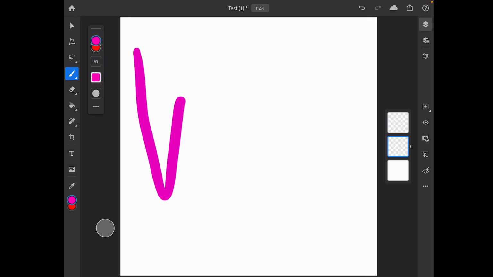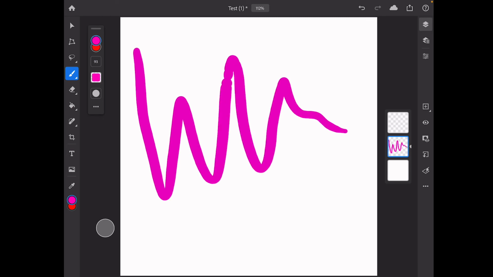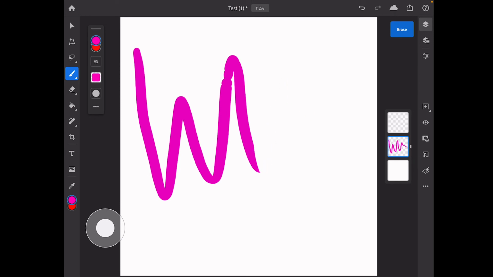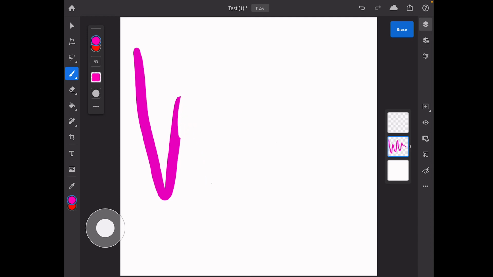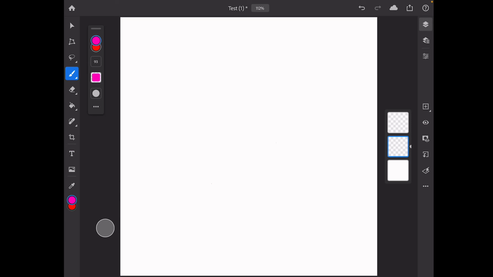So you could be doing this and then it's like, oh, it kind of went a bit wrong. Let me just click this, and then you hold your finger on it and then you can erase away. I find this really useful. When I saw people online testing this, I was a bit worried. I thought it'd be a bit complex to use. Not at all. It is super easy to use, and it's become really handy,